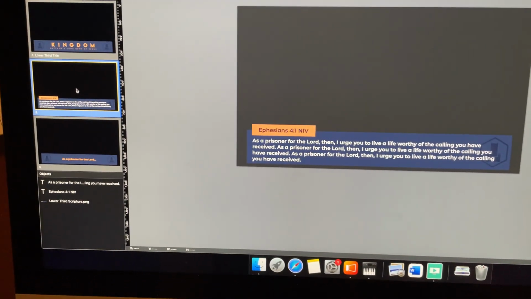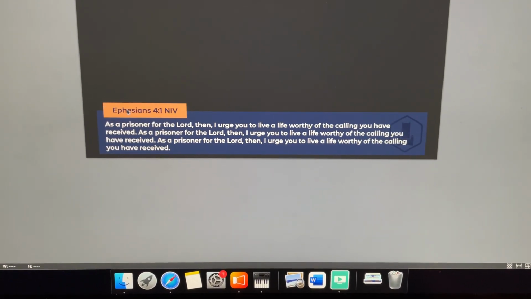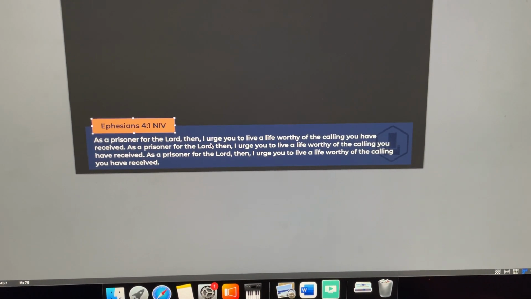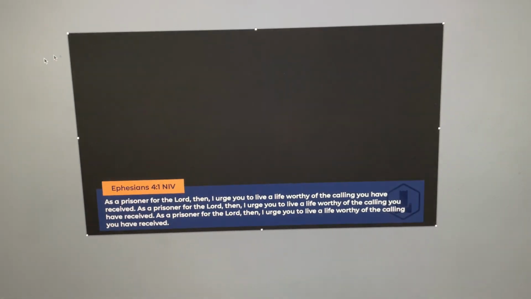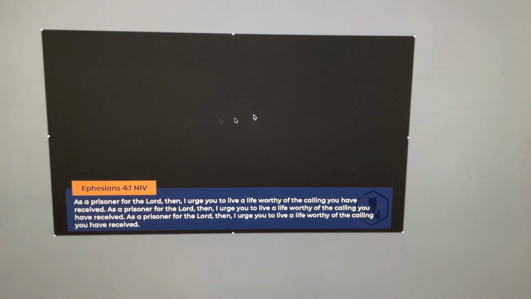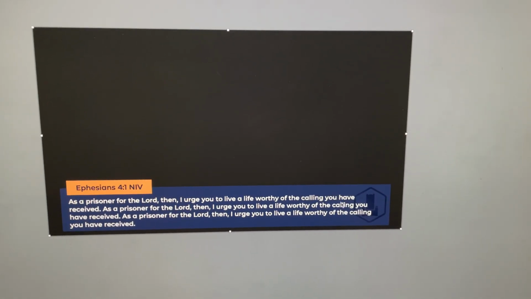And so here we can see that I have a text box right here, and then I have a text box right here, and then there is the lower third scripture graphic that we have created. We export it 1920 by 1080, but this is all opaque, transparent, and then